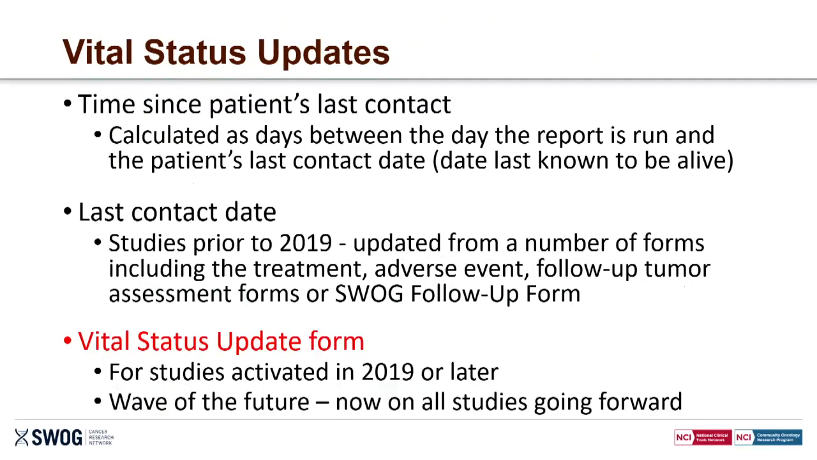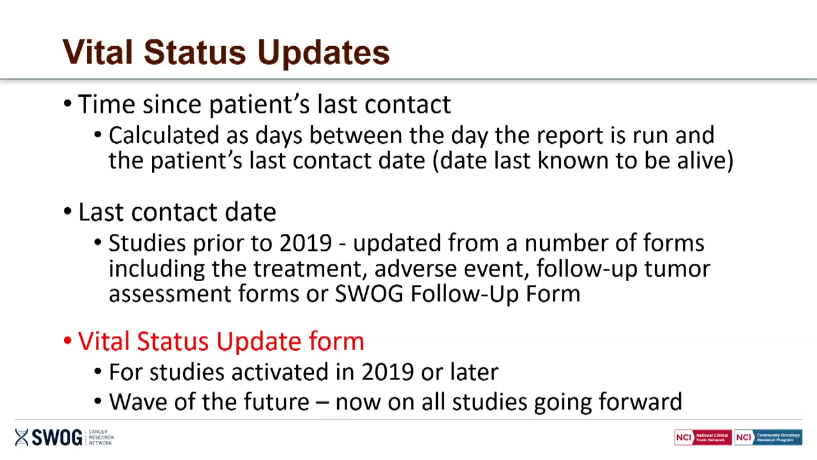So when we're calculating our vital status update expectations, we're looking at what we call time since patient's last contact. And we'll calculate that as the days between the day the report was run and the day the patient was last known to be alive, their last contact date. So on our older studies, the last contact date, and older is really only pre-2019,